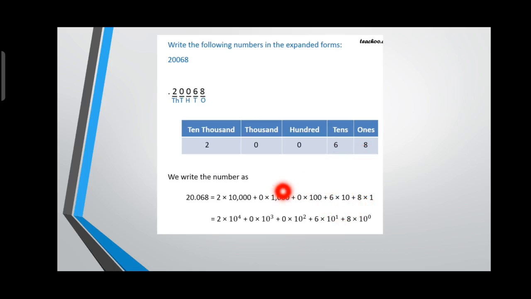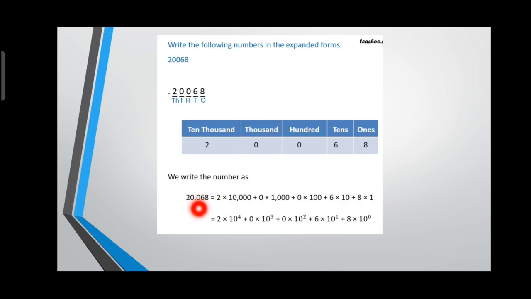Right, children? Okay. Now you can write it in scientific notation, which is 2 into, how many zeros here? 1, 2, 3, 4. 4 zeros. So we write 2 into 10 to the power of 4. Am I clear? And the next one, how many zeros here? 1, 2, 3 zeros. So it can be written as 10 to the power of 3. And here it is 2 zeros, so 10 to the power of 2. And here it is 1 zero, so 10 to the power of 1. And there is no zero, so it can be written as 10 to the power of 0. Understood, children?